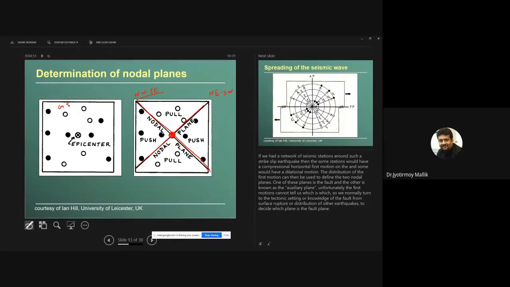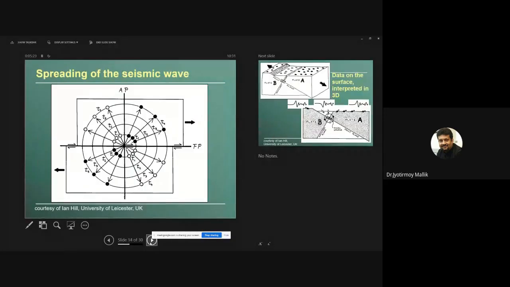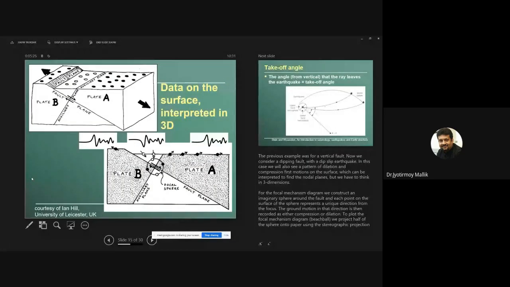But as these two lines are perpendicular to each other and they are straight lines, I kind of know that this is because of a strike slip fault. Because the strike slip faults are always vertical. We talked about it. I don't know if you remember it or not. Strike slip faults are always vertical. Hence, you will observe them to be straight lines on a stereographic projection. Okay? The same thing. Now let's look at a normal fault.